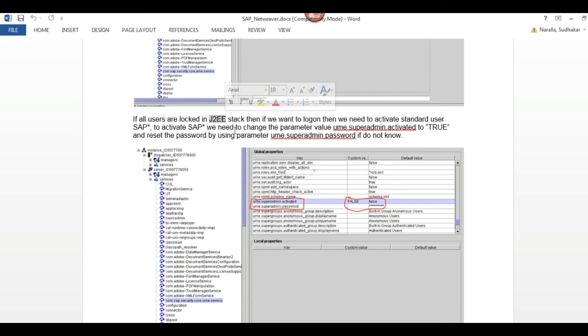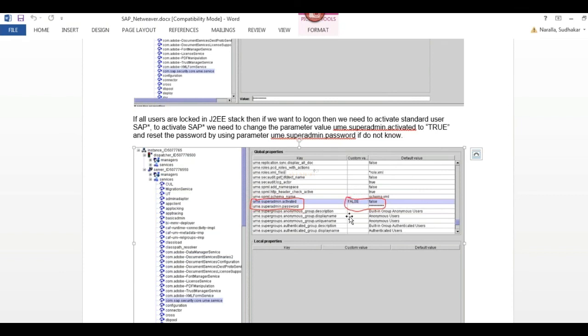Once we reset, using J2EE_ADMIN user ID and password, we can log into the Visual Administrator tool or NetWeaver Administrator tool. Once we have successfully logged in with the J2EE_ADMIN user, come back to the Visual Administrator and deactivate the super admin user again. Deactivate means you need to set it to false again.